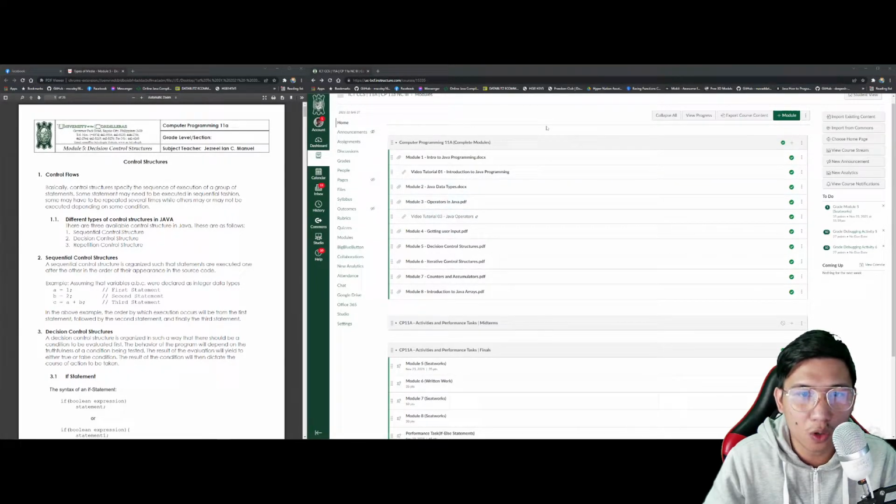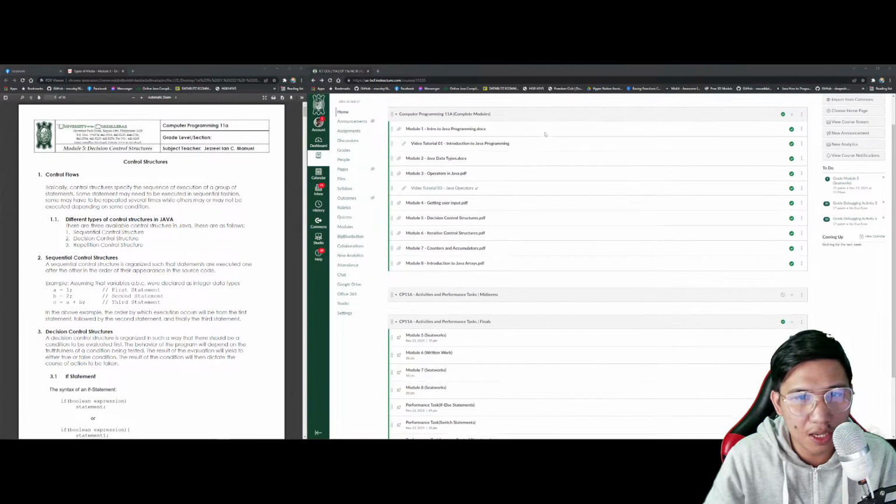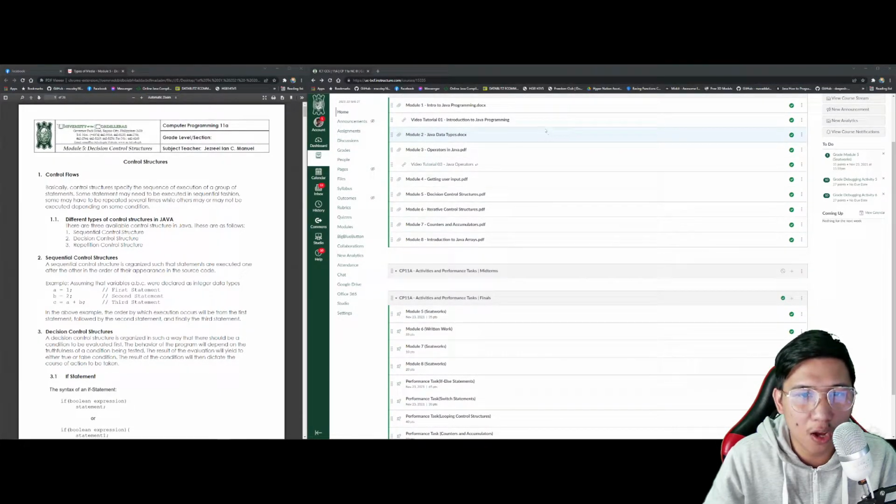In the module number 4, we also discussed what we call the getting user inputs, in which we now added a functionality where the user can now input some particular values in your program, which can actually have an interactivity with your program. So, kung napansin natin, more on basics lang talaga tayo sa Computer Programming 11a natin, especially for the midterms. So, for today, especially ngayon sa finals natin, we will actually talk about what we call the decision